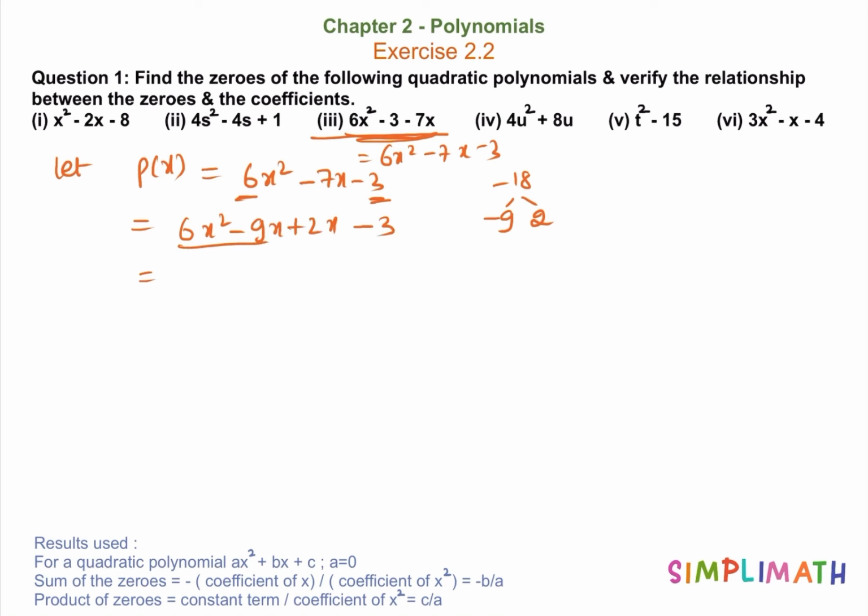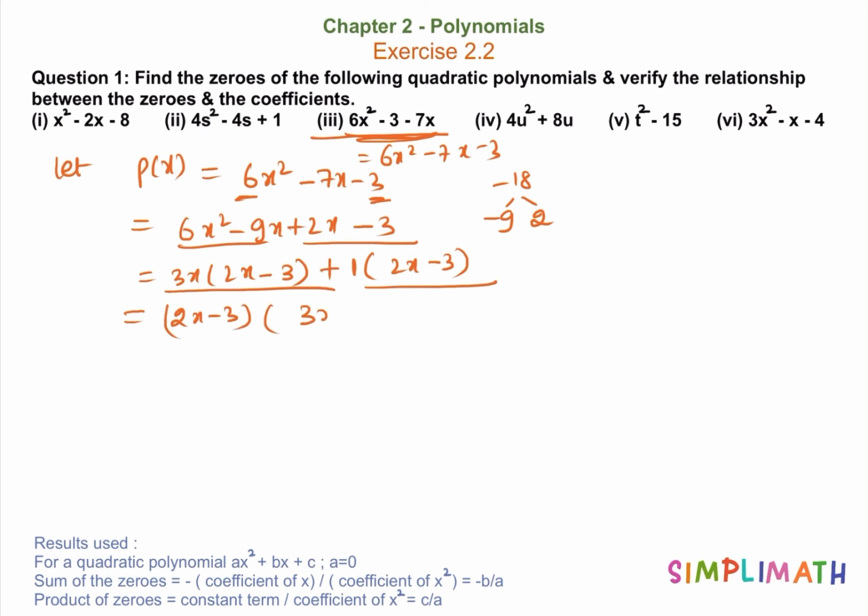So from these two terms, what is common? 3x. What are we left behind? 2x minus 3. From these two terms, what is common? Nothing. So I can take one common. So what are we left behind? 2x minus 3. So from these two terms, what is common? 2x minus 3. And what are we left behind? 3x plus 1. Okay. So we can find the zeros of the polynomial when we put p(x) equal